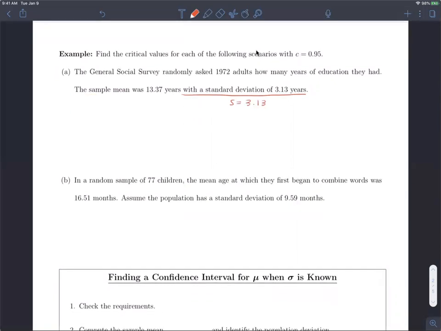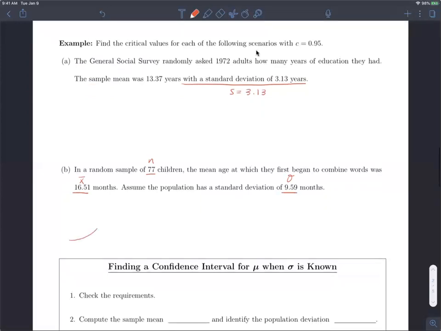But so here it says in a random sample of 77 children, the mean age at which they first begin to combine words was 16.51 months, and assume the population has a standard deviation of 9.59 months, right? So this is sigma. And so C is 0.95 for both of these examples. And so if I draw out a picture,